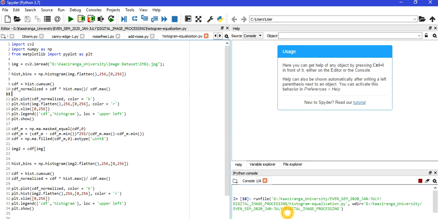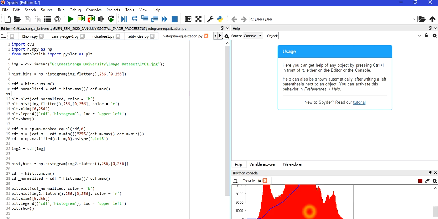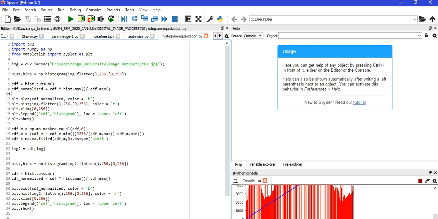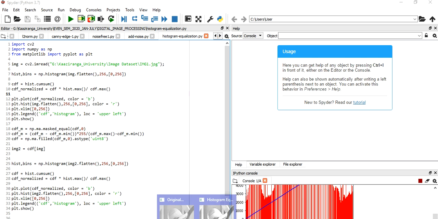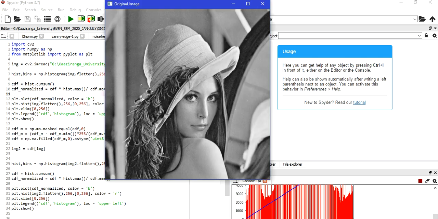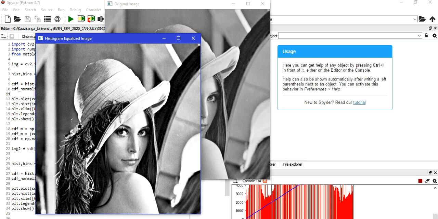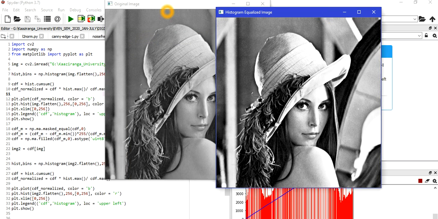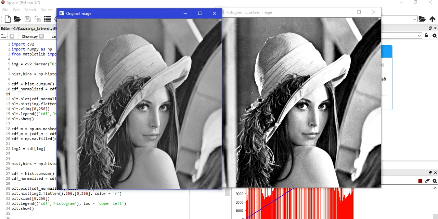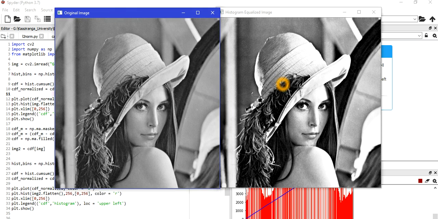So our file is being run. See, this is the original one, and this is the histogram equalized one, and this is the original image, and this is the histogram equalized version. Let's compare both of the images. You will see how well the histogram equalization is performing its task. Contrast is really fairly improved. Well, so this lecture I know is